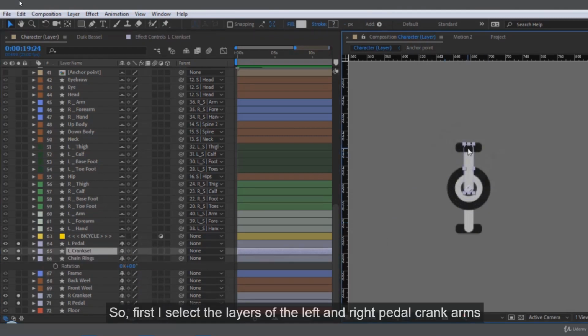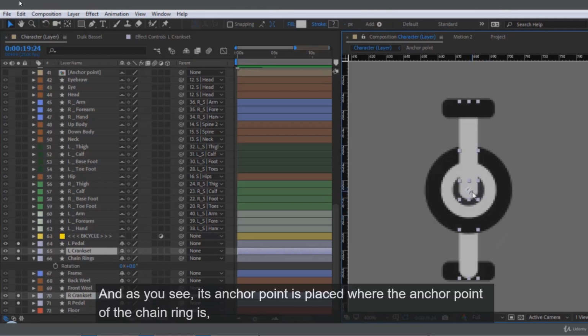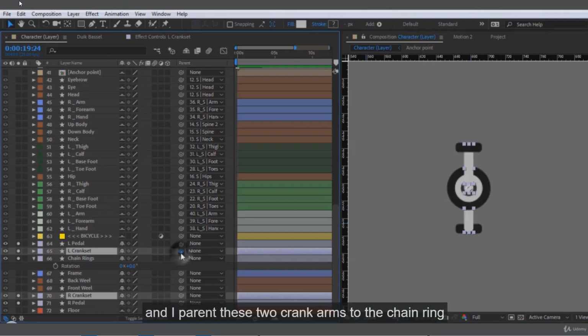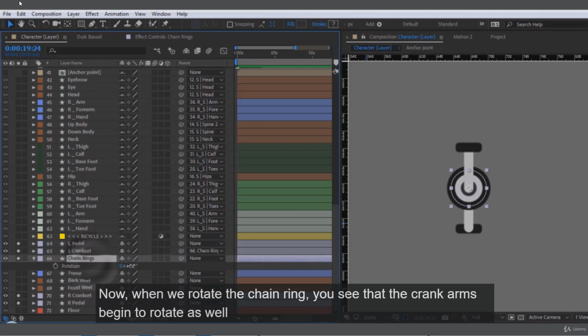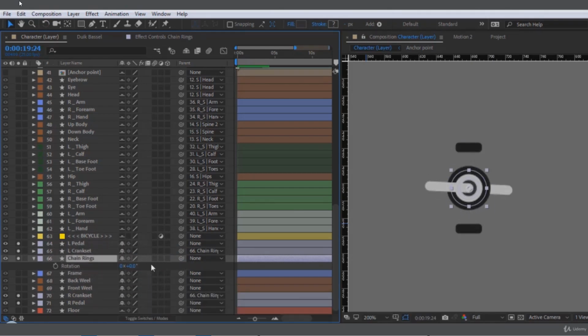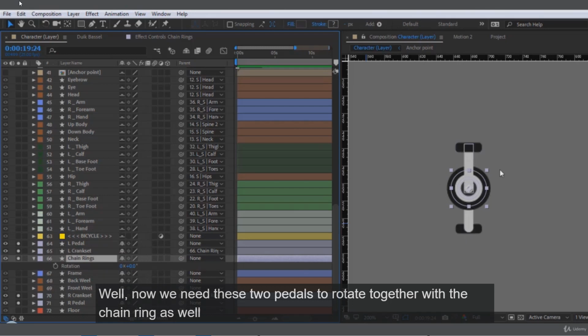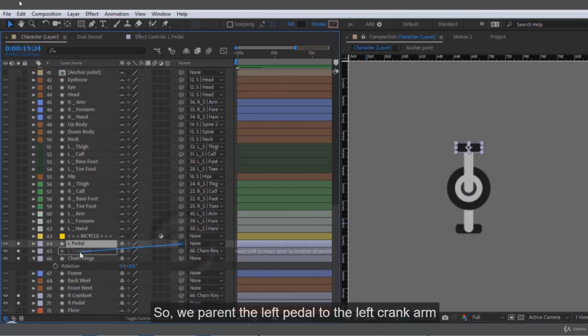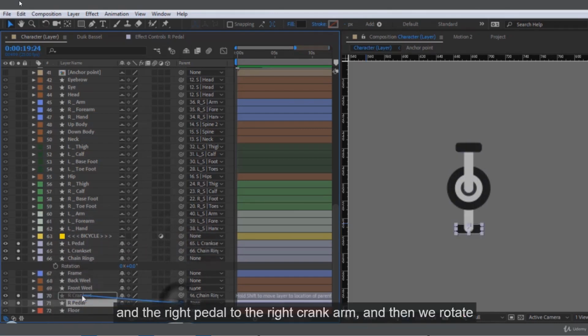So first I select the layers of the left and right pedal crank arms. As you see, its anchor point is placed where the anchor point of the chainring is. And I parent these two crank arms to chainring. Now when we rotate the chainring, you see that the crank arms begin to rotate as well. Well, now we need these two pedals to rotate together with the chainring as well. So we parent the left pedal to the left crank arm and the right pedal to the right crank arm